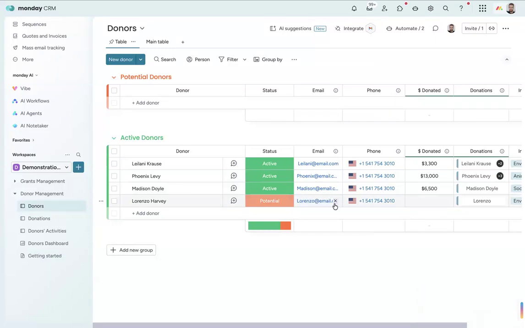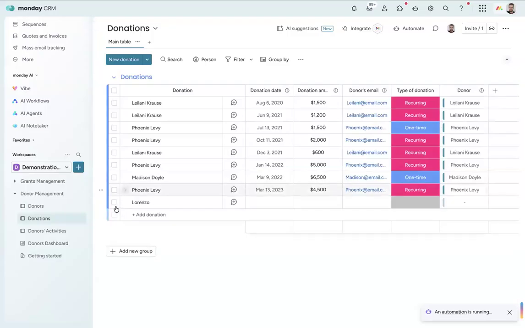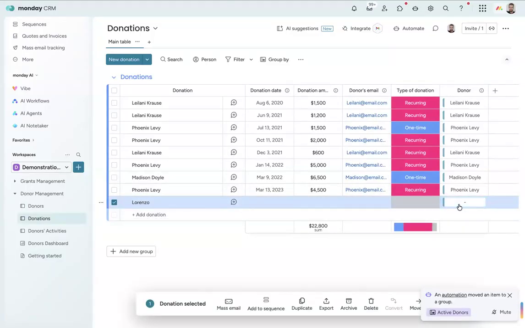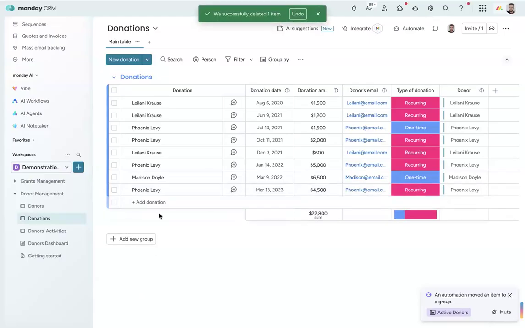And how would that connect it to the donations? I'm trying to figure out how you connect the donors and then the donation from one board to another, if that makes sense. Or if you add a donor, would they appear under the donations, or if you add the donation, would that appear in donor as a new donor?